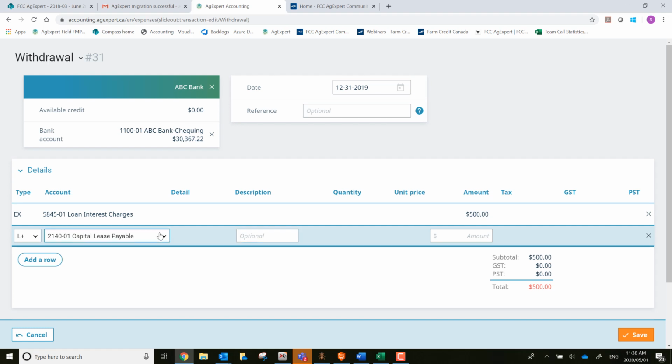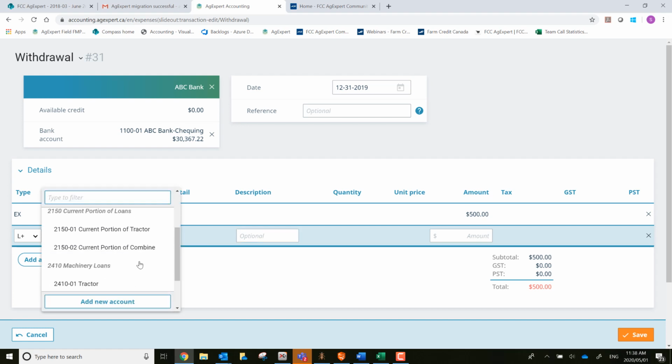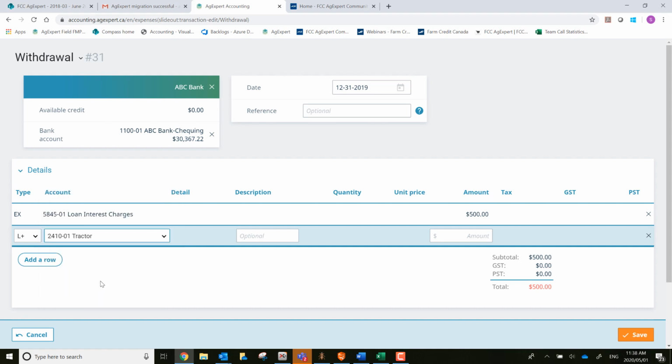Oh, I got the wrong account here. 2410-01, our tractor. And so this is for $500. Tab. So what's taking place here is we're claiming $500 as an expense, and we're increasing our loan by